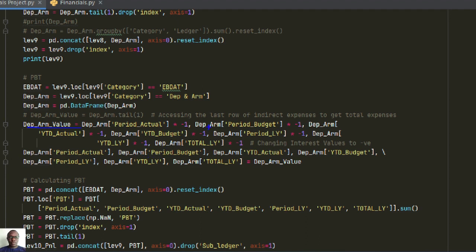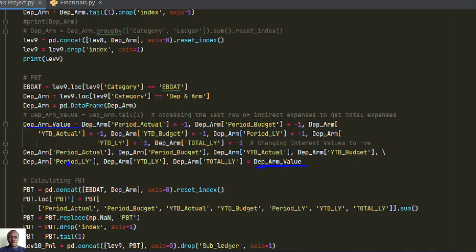Then after turning them into negative, again now we are saying that the dep and amortization variable is now equal to the dep and amortization value with those negative values. So this variable has negative values, so now we are equating the dep and amortization to the negative